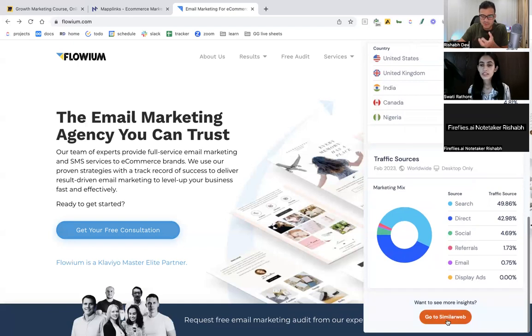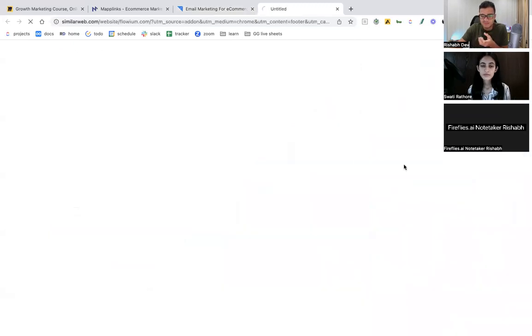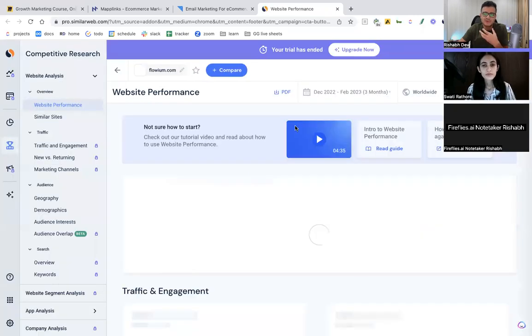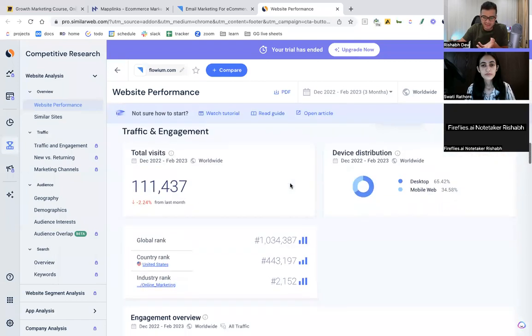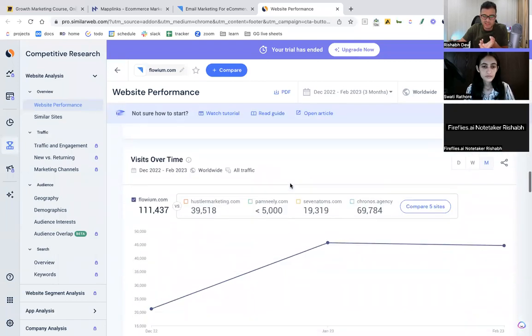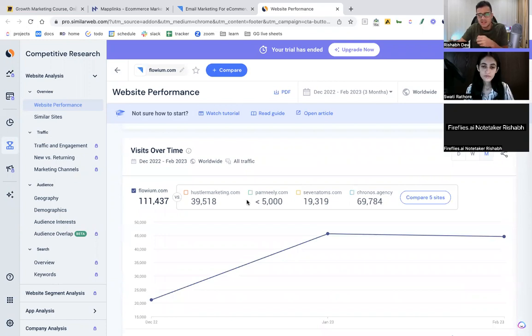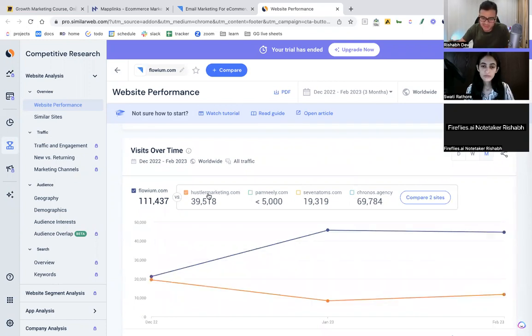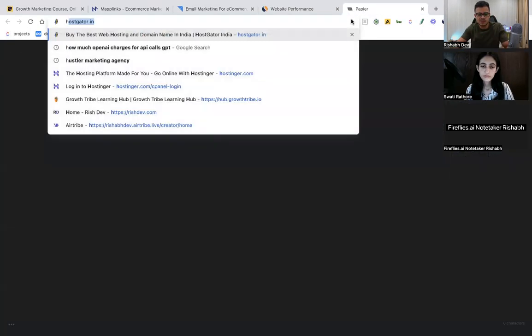So we got some good ideas from this, but we can also click on the link there. So we'll actually go to the detailed analysis within SimilarWeb. We don't need to do it right now, but essentially this will give you more data about what this website does, how they get their audiences, even some other competitors. So for example, Hustler Marketing, Kronos, if you look at these websites,